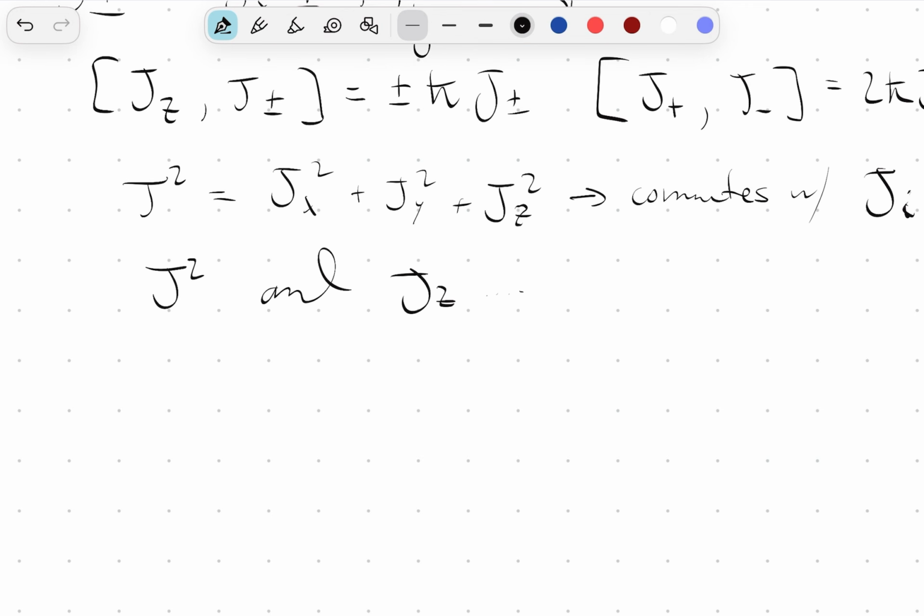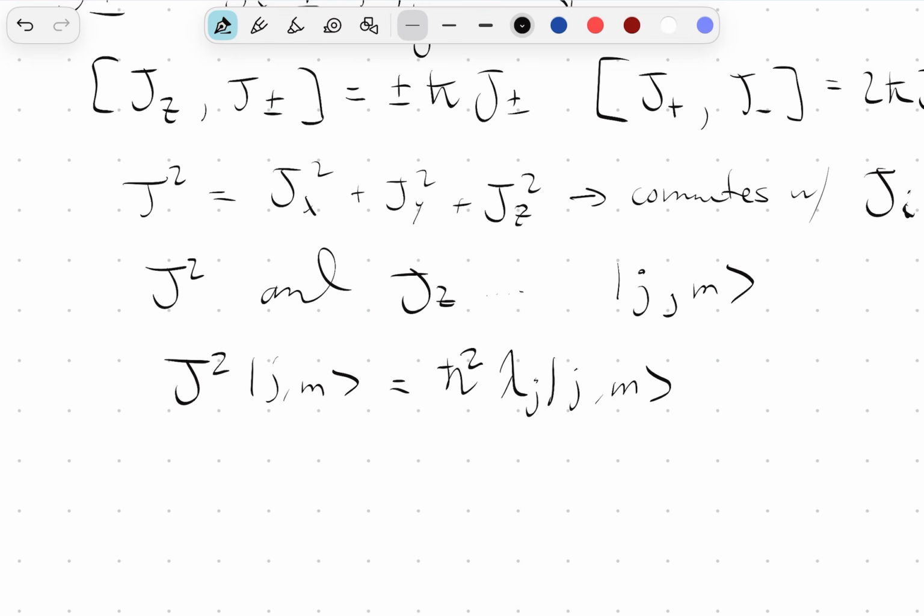So let's let their eigenstates be expressed by their index j comma m. And so if we have J squared acting on |j m>, this should give us ℏ squared lambda, some eigenvalue j,